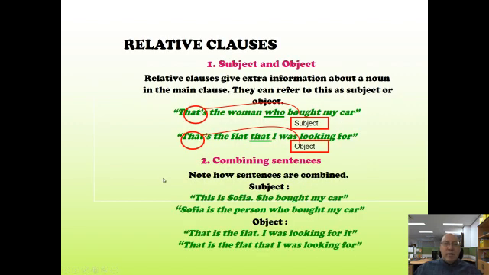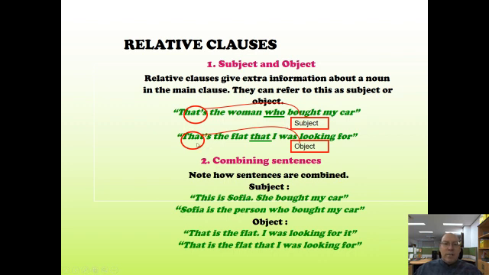So when we talk about relative clauses, there are usually two kinds. There are subject and object relative clauses, okay? They just give information. So when we consider the subject, in this example, we say that's the woman who bought my car. This would be a subject relative clause because it focuses on the subject, that woman. Okay, and you notice if you look after the relative pronoun, there is no subject in this relative clause. So that could be a way to identify whether it's a subject relative clause or an